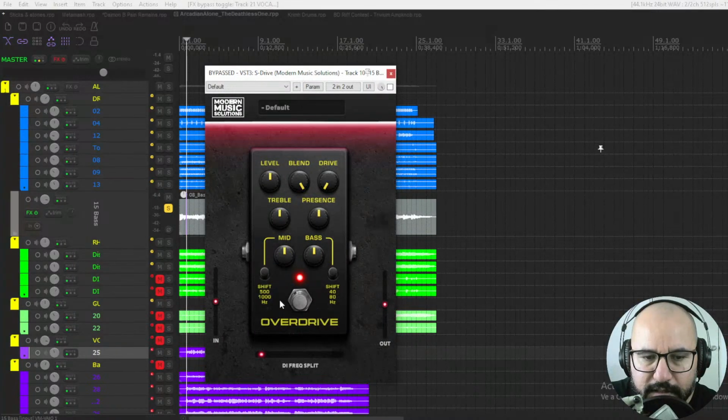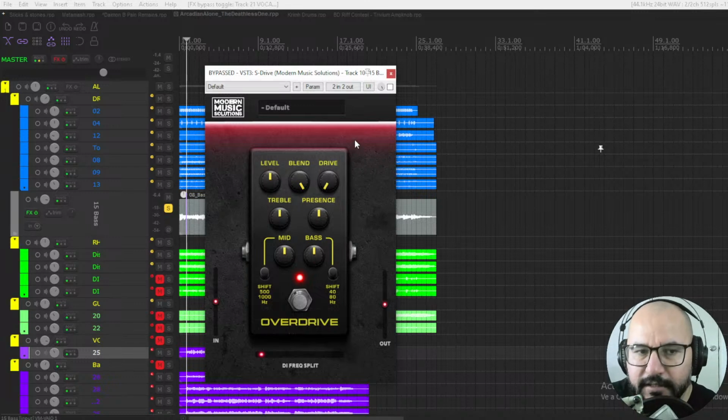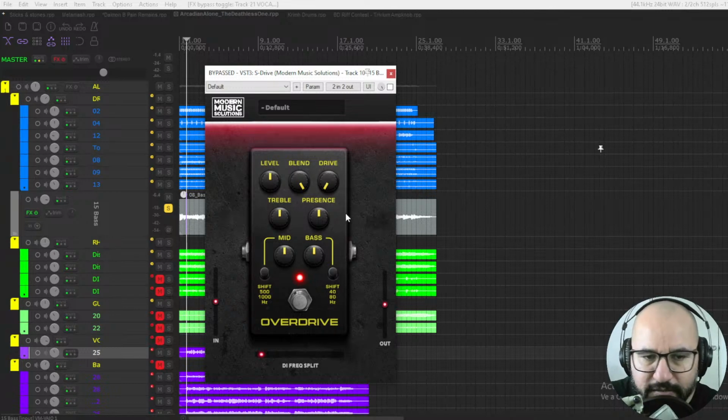This is the S-Drive plugin by Modern Music Solutions, formerly, like I said, Modern Metal Songwriter. They changed the name and they have a new freebie. This is an emulation, of course, of the legendary bass drive pedal or bass distortion pedal, the Sansamp, right? As you can see, it has some of the same